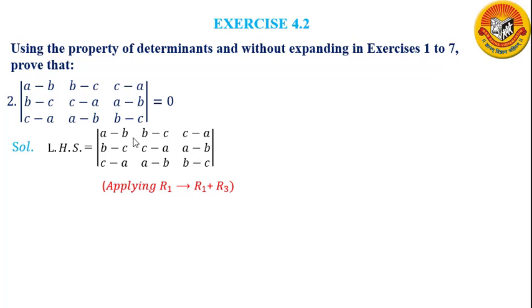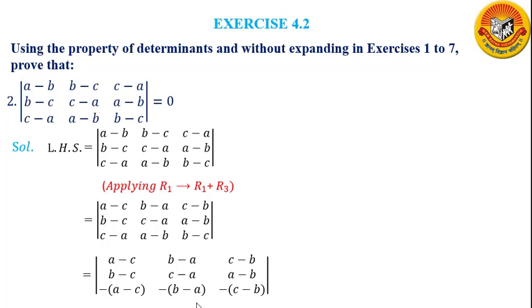So when we apply R1 as R1 plus R3, this plus A and this minus A will cancel. I will get C minus B. See here we have B minus C. In the second, this B will cancel and I have A minus C. See here we have C minus A. So I am getting something similar in the second row and first row after applying this operation. So what I get is A minus C, B minus A, C minus B in the first row. You check the third row. The third row is C minus A, A minus B and B minus C. So only the difference is of sign.